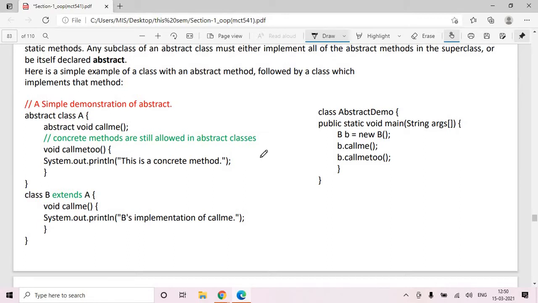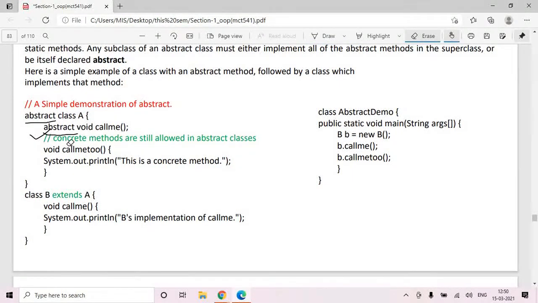Now first, how to create an abstract class? With the help of the abstract keyword. Where to write this abstract keyword? In front of a function. Void call me is a function. Before that, if you write the abstract keyword, this call me function will become an abstract function.